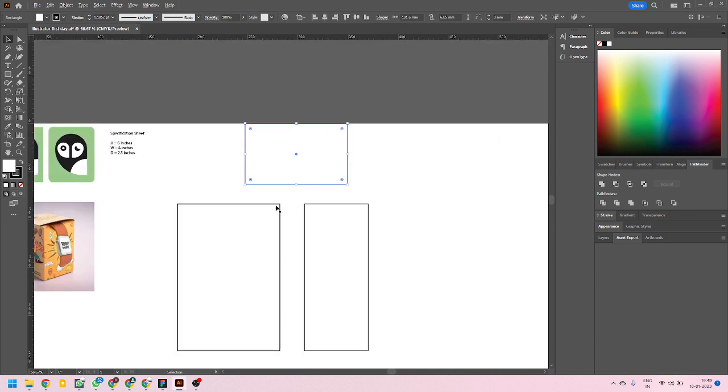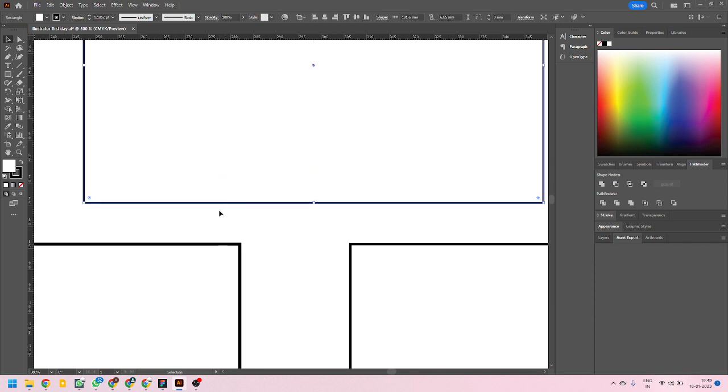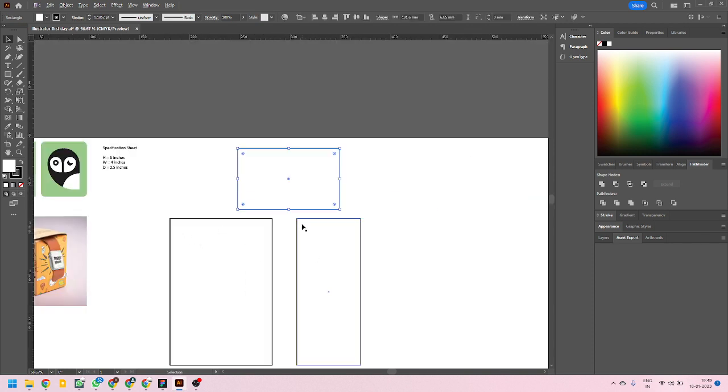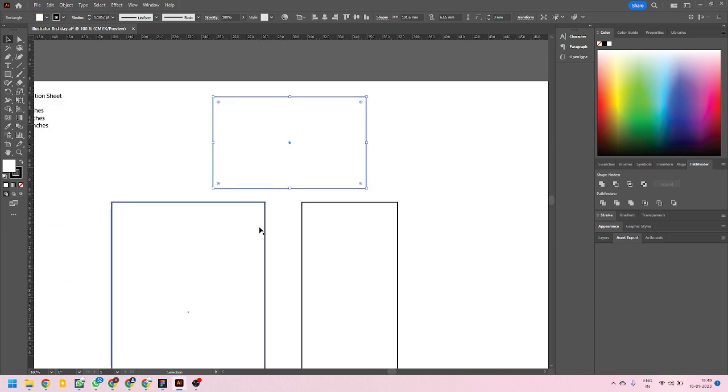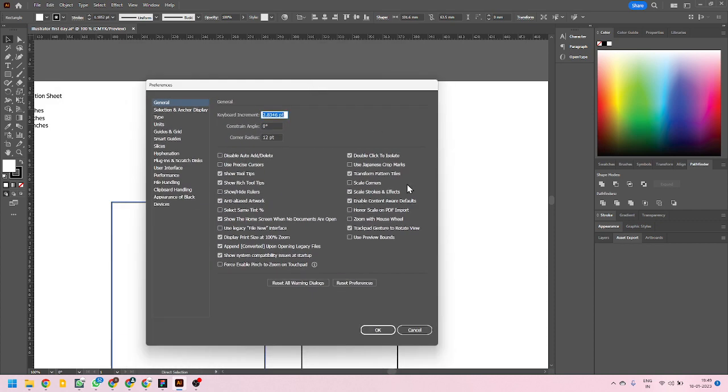Okay. Now notice that the thickness of the outlines are varying, right? This appears thicker than this one, than this one. This is happening because I am transforming this rectangle, and there is a setting in the preferences dialog box. If you say Control K on the keyboard, Command K for you on the Mac, then it brings out the preferences dialog box. Now here, if this option scale strokes and effects is selected, then